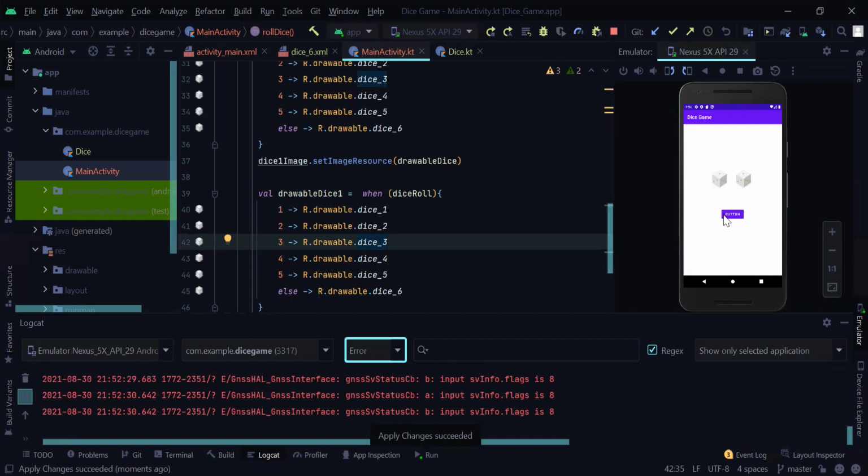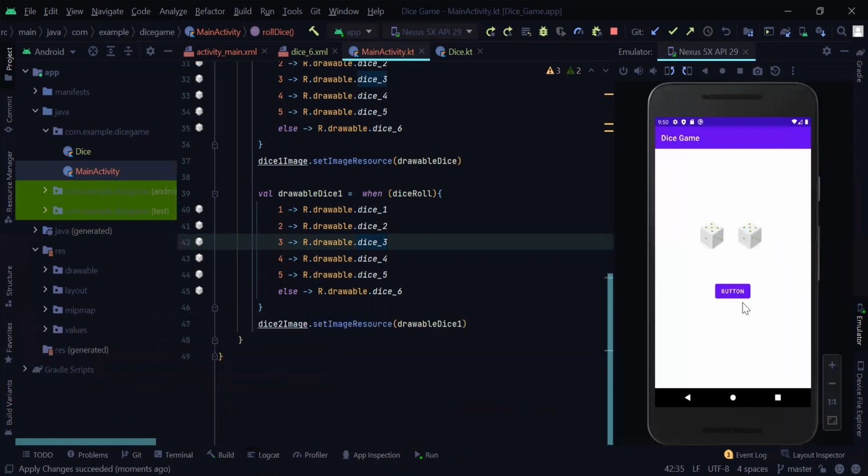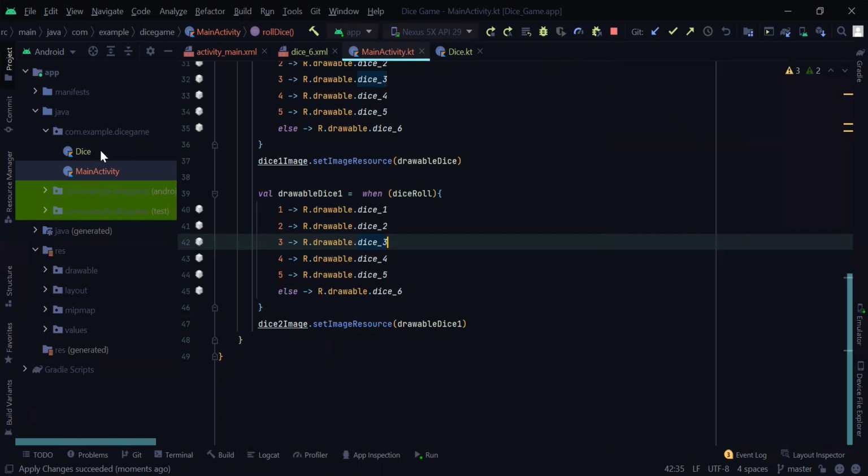Okay, I think it's done. Okay, so it works, but not the way we want it to. It gives us the same numbers in two places. So what we want to do is, we've created the dice